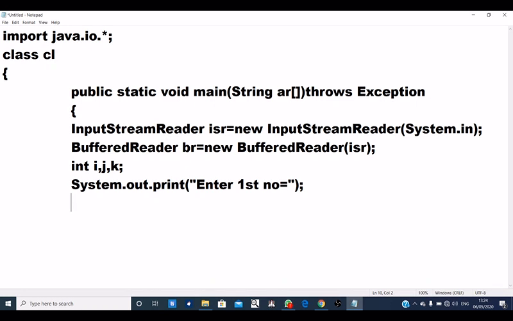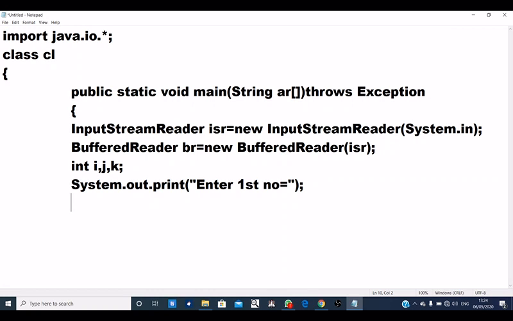We cannot directly take input as an integer, as in the case of Scanner we took integer input using the functions nextInt, nextFloat, nextDouble, nextByte, nextShort. We had different functions in the Scanner class, but in the case of BufferedReader we have only one function, br.readLine, and by using br.readLine we can take input as a string.